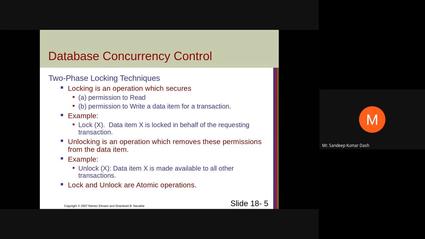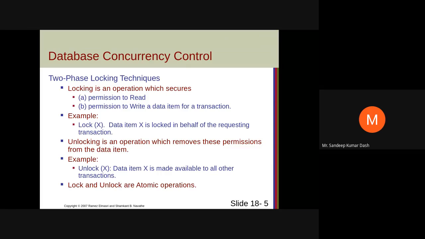There are different types of locking. We'll see. What we mean by locking is that you have to ensure that the transaction which needs to write the data item locks it. That means it will be assumed that the data item solely belongs to that transaction. Fine. That means after it writes or modifies that item and releases the lock, then any other can access.